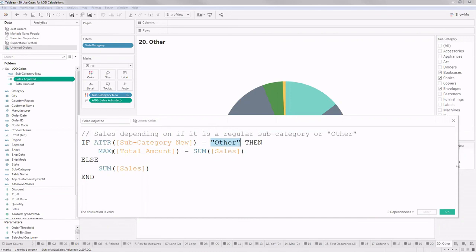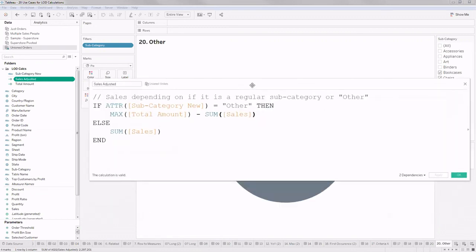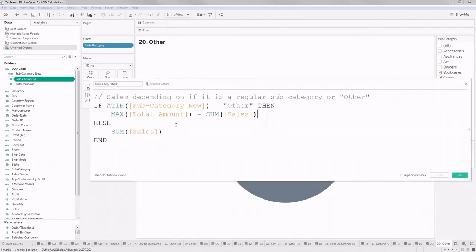Wherever that condition is met, give me the maximum of total sales, the one that we got, minus sum of sales. And if it is not belonging to the other category, then give me just the sum of sales.